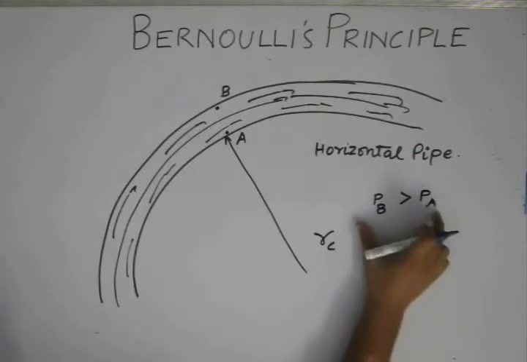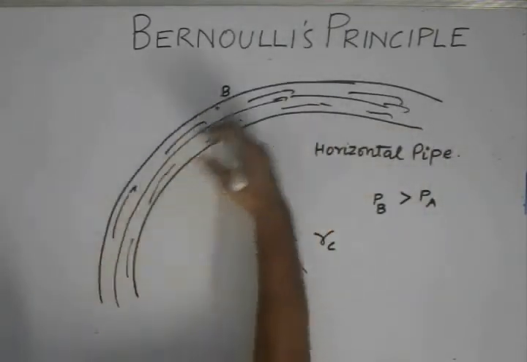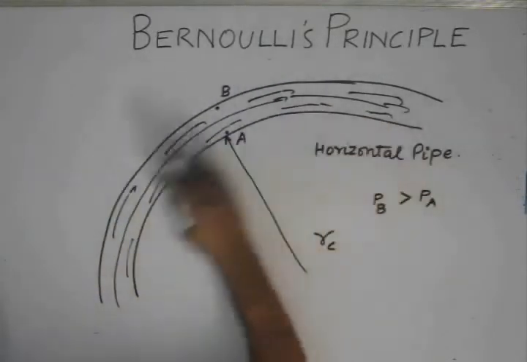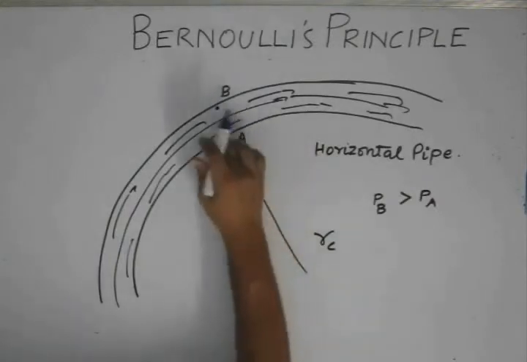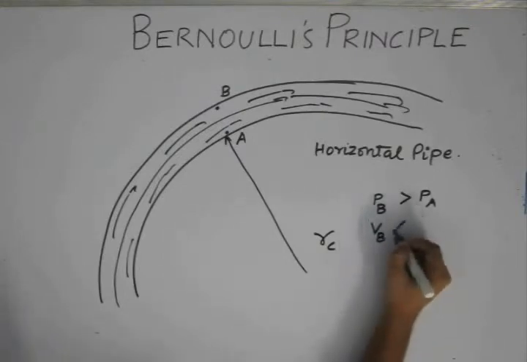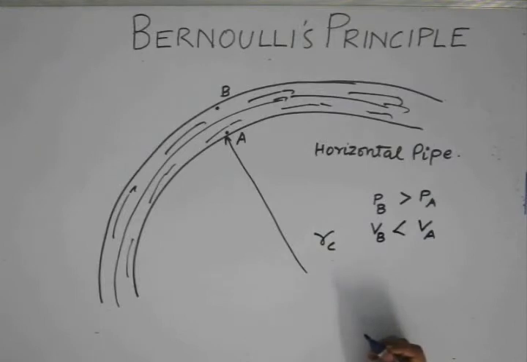Because we consider that this is the same fluid and the streamline is the same between, let's say, these 2 points, let's say this point is somewhere here, then what we have is the velocity at B being less than the velocity at A. This in general holds because of the centrifugal action of the fluid.